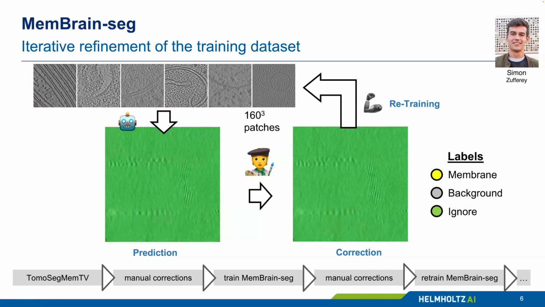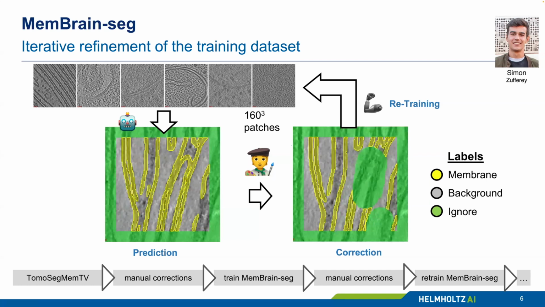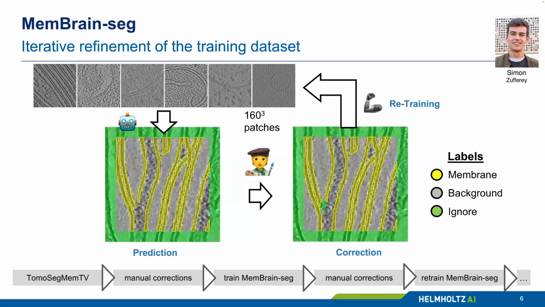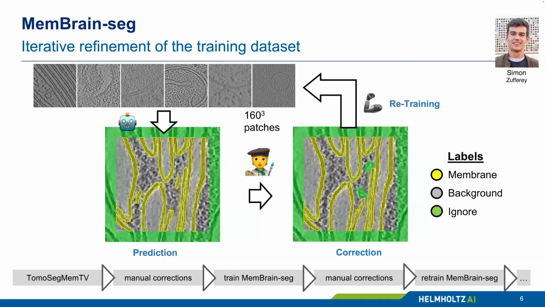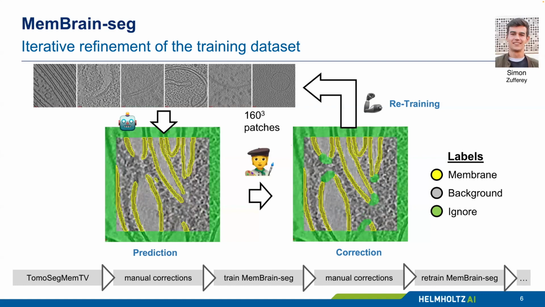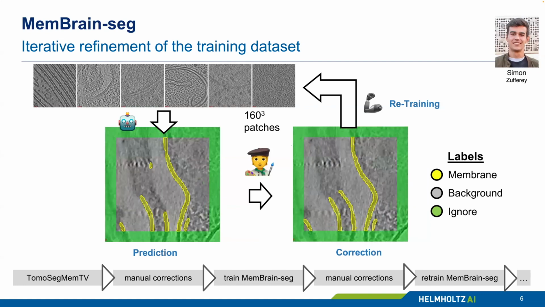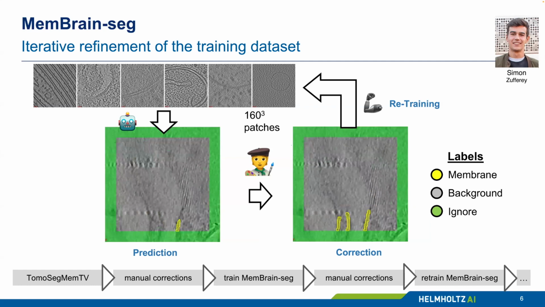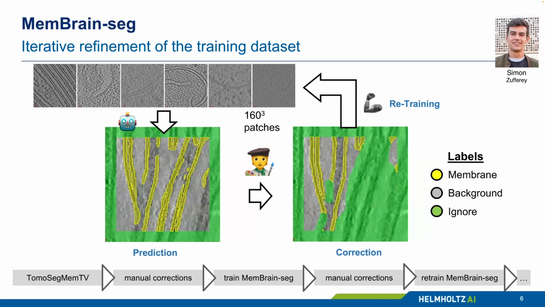But then you can also see these green regions, which is our ignore label. And I think this is also very important because sometimes the data is just ambiguous and it's super hard to judge by eye what is really happening. You can see that there is a membrane, but you can't perfectly delineate it. So in these situations, we use that ignore label, meaning that during training of the model, these voxels will not be evaluated by the loss function and will not drive the model in either direction. So we really try to make sure that the model only learns from the membranes that we are also certain about.